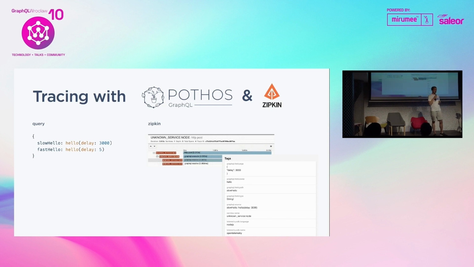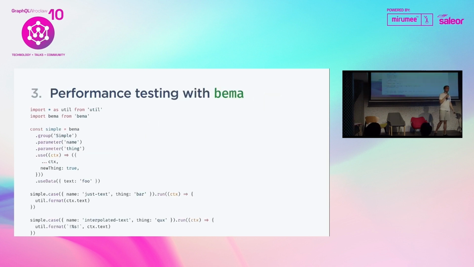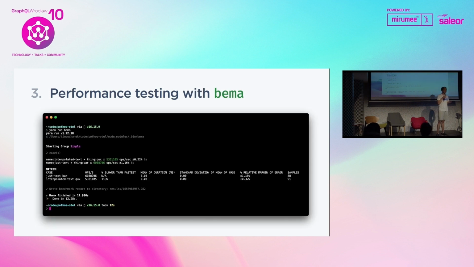Obviously, in practice, it's usually not that easy, but this is just to show you how it can look like. And then the third topic around measuring is actually locally on your machine and testing the performance. So I'm a big fan of the library Benchmark. It's built by an ex-colleague of mine at Prisma, Jason Kurt. It's basically, you could say, Jest for benchmarking. And you can basically build your suite here, test 2 different variants of the same solution,